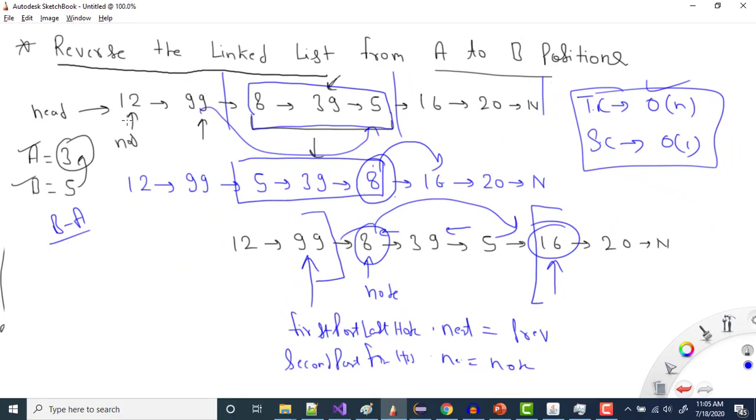Now, if you talk about the time complexity to solve this question, we are basically iterating the complete list if we have n nodes. First we iterated from here to here, then we iterated in between. So in reversal also it is big O of n, and then we are just adding this one, right? At max, if there are n nodes, we need to do n iterations, so there will be big O of n complexity. And the space complexity will be big O of 1, because we are taking just constant variables, so we can simply store them, so it will be big O of 1, right?